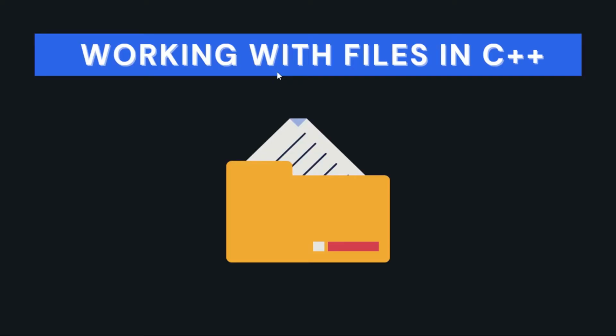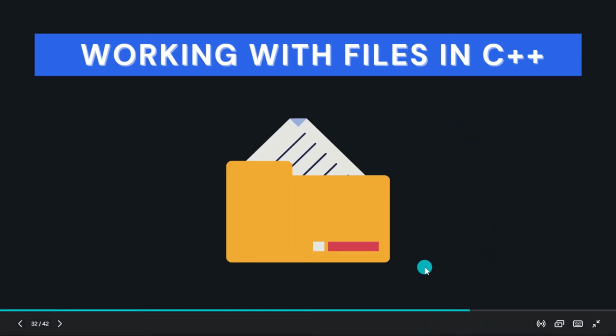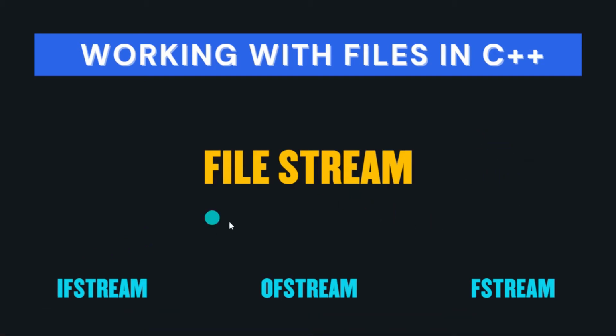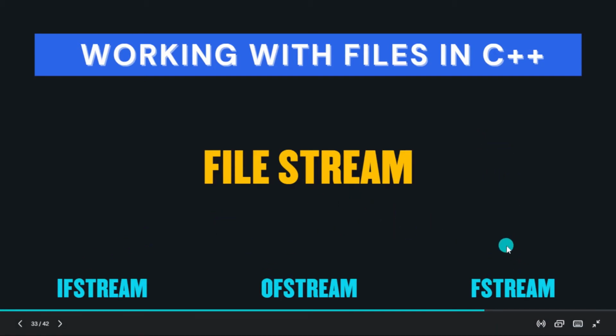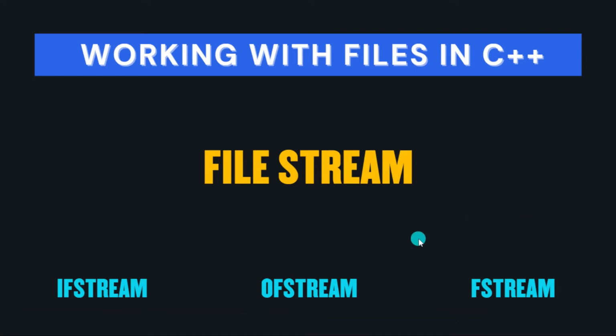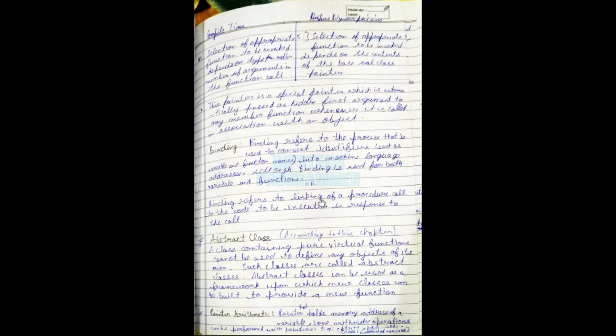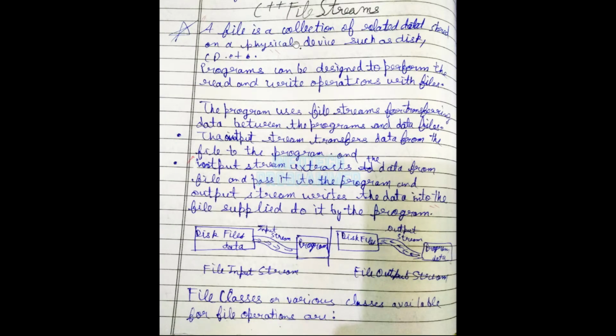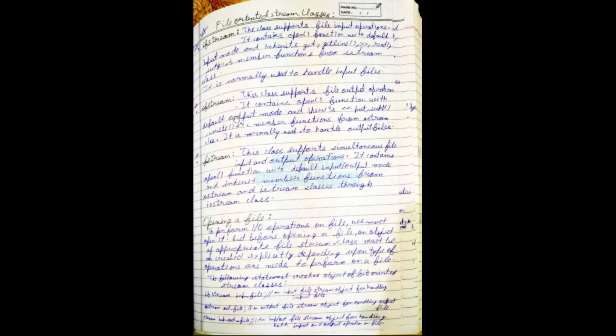So after that, we have working with files in C++, that is how to work with files, how to create the file, how to delete the file, how to edit the file. So in files, we have file streams like ifstream, ofstream, and fstream that will be used to make files, to edit the files, or to read the files. You can see the notes of that also here, on how to use files and streams, output stream, input stream, and then C++ file streams, where I was talking about ofstream, fstream, and ifstream.